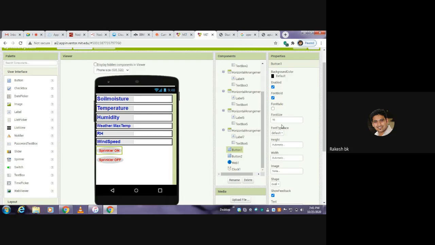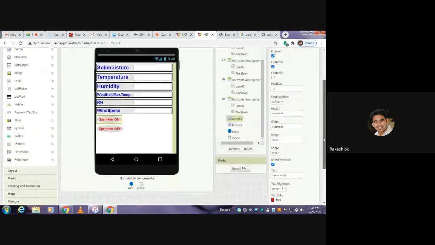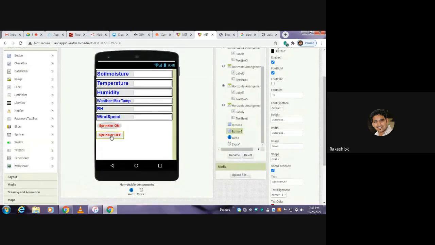So these are all the properties which can be edited based on your requirement, right? So if you drop it down, I've changed the color to red and visible for a sprinkler on. Same way I can create it for a sprinkler off. So these two buttons will be triggered based on the data fetched from the cloud or from Open Weather Maps to control the sprinkler in real time on the open golf course, right? So this is screen one, the designer front end design for the mobile user interface.